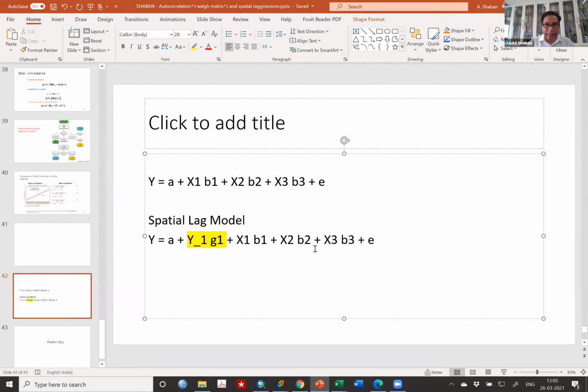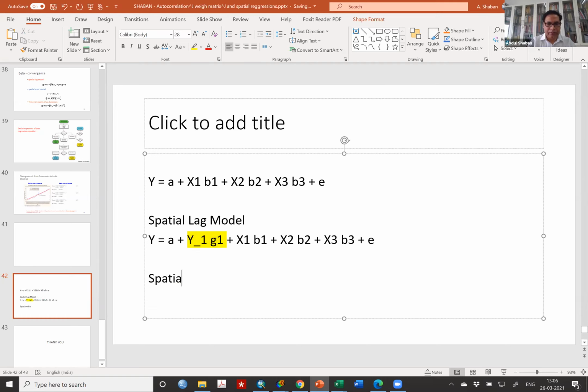So this error term is brought in. It's a complex thing, maybe some other time. In summary, if it is an error term autocorrelation problem, we call it a spatial error model.